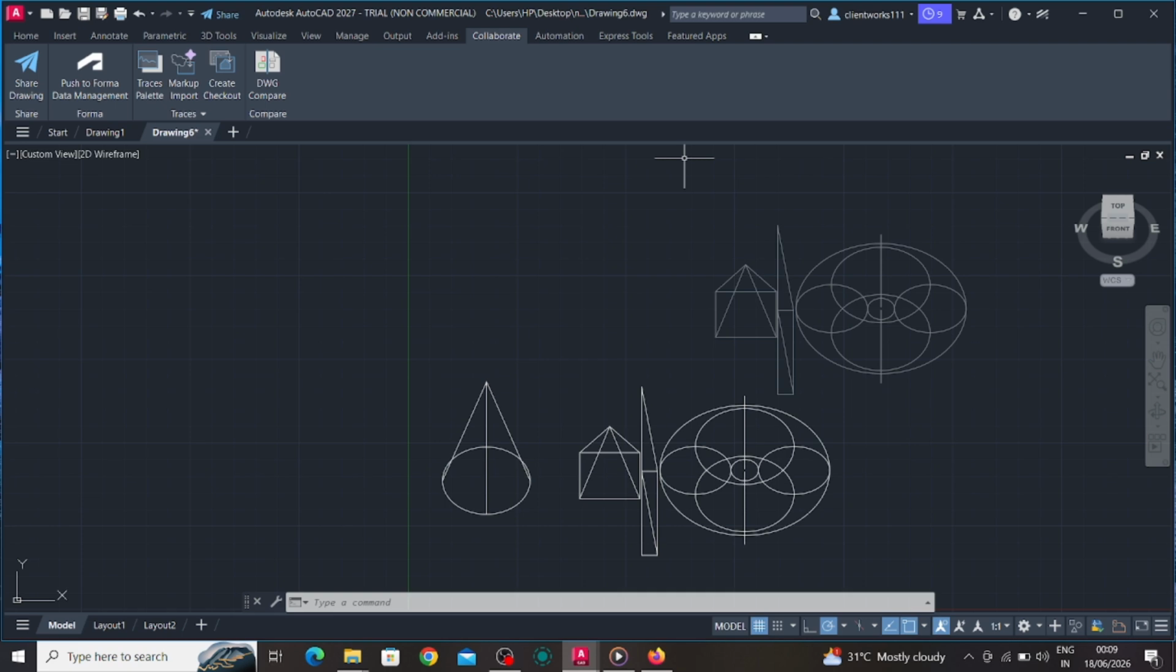than manual comparison methods. I hope this tutorial helped you learn how to compare two versions of an AutoCAD drawing